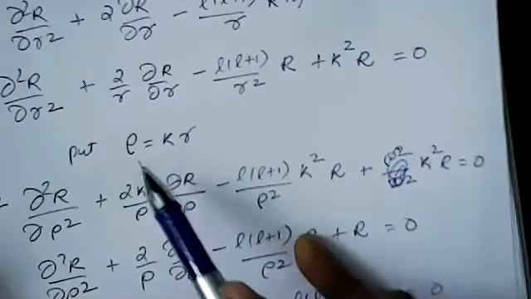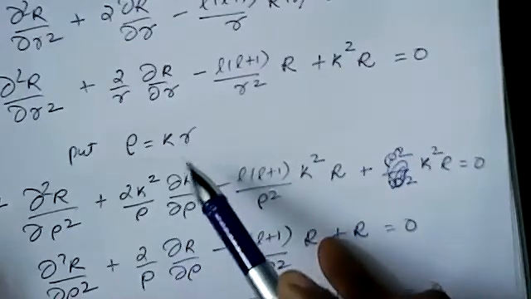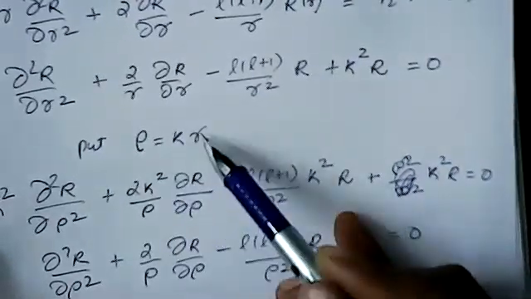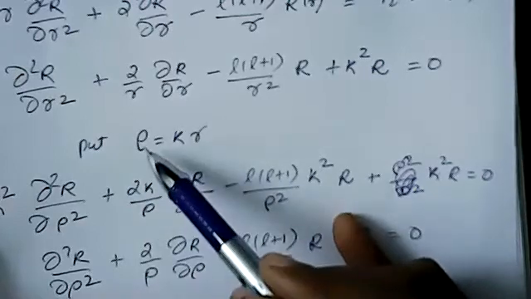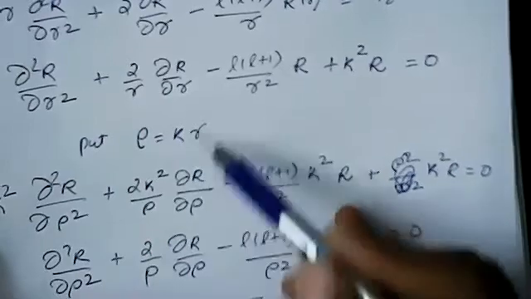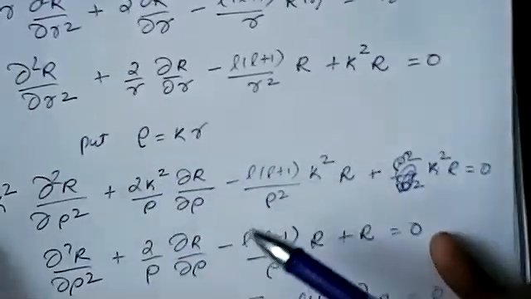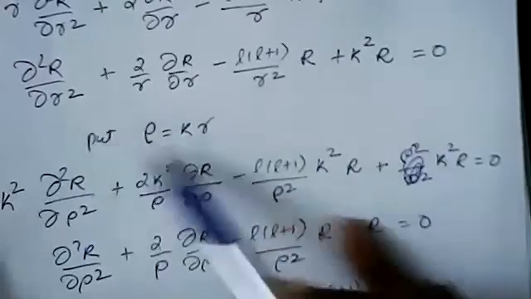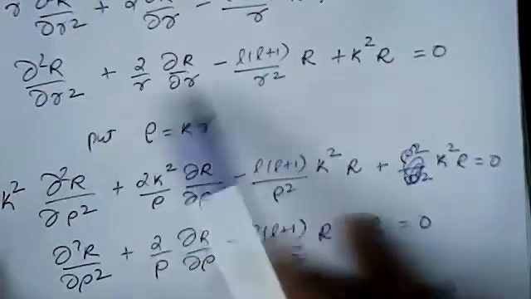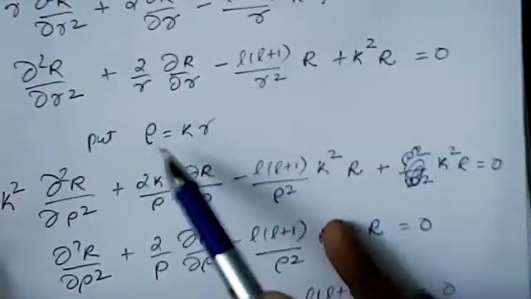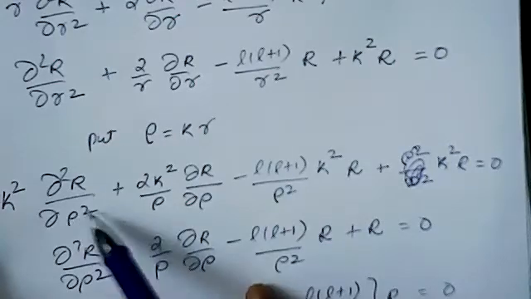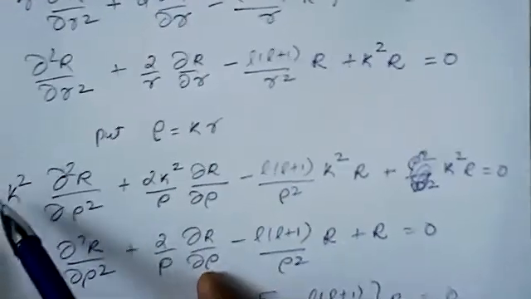Now you put rho equal to kr. This also we earlier did. Now we are doing a change of variable from r to rho. New variable is rho. So put rho equal to k into r. So wherever r is there, you put rho by k. So here many times r is there. So all the places you put rho by k. So here r square is there, so rho square by k square in the denominator.